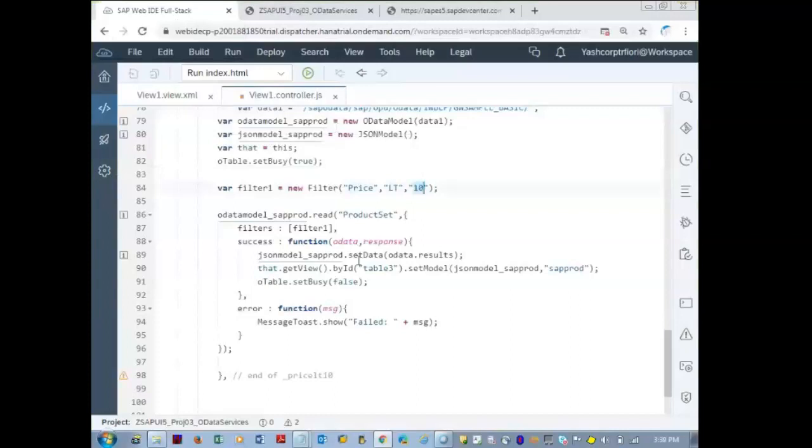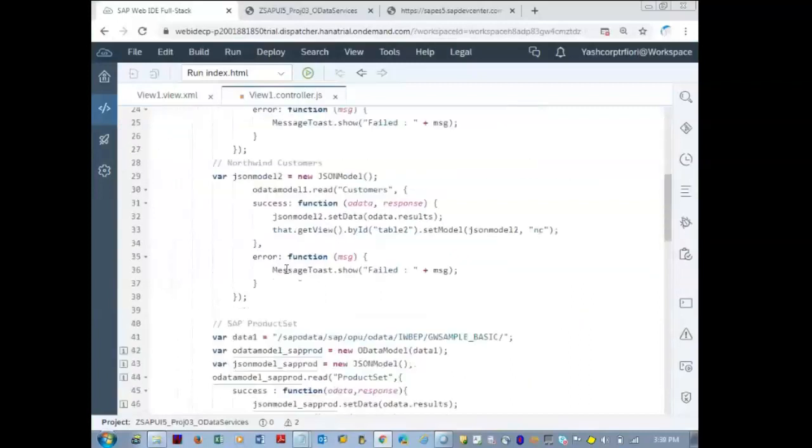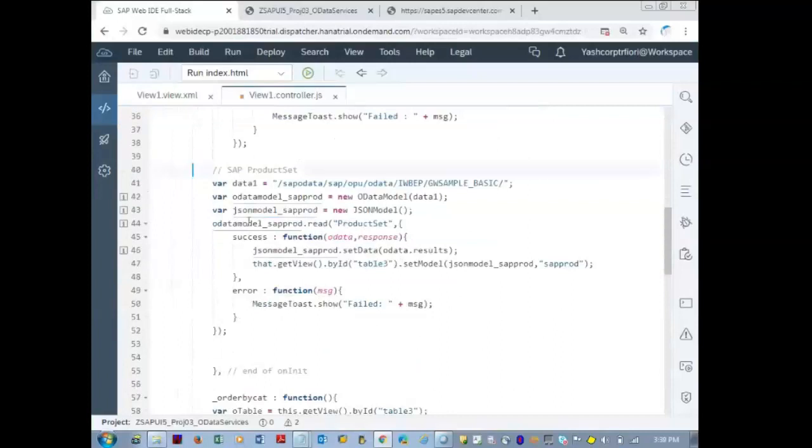In the onInit function, you write whatever you want to show first. You can do that also. In the onInit, the same code with category equal to notebooks. Here, in the initial stage only, you handle it, then you can restrict it. Here I'm trying to show all the data and then apply the filters on that. You don't directly apply the filter. Apply the filter category notebooks, and only notebooks I'll get.